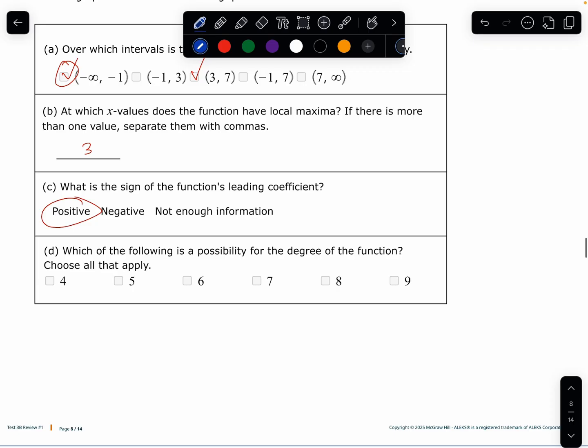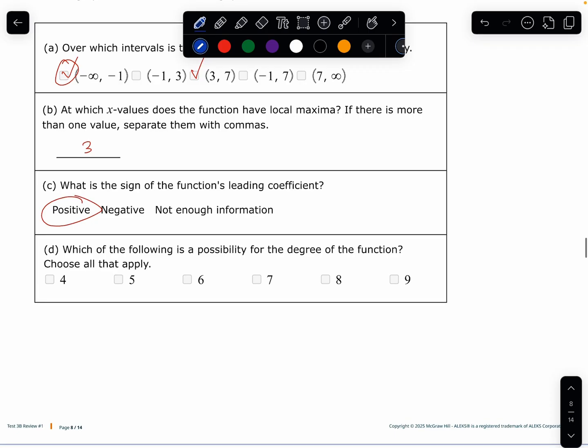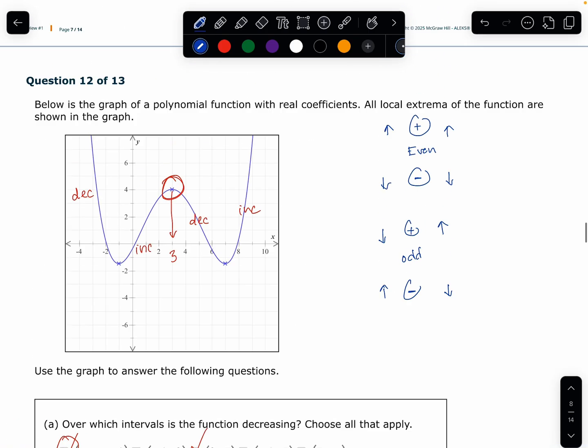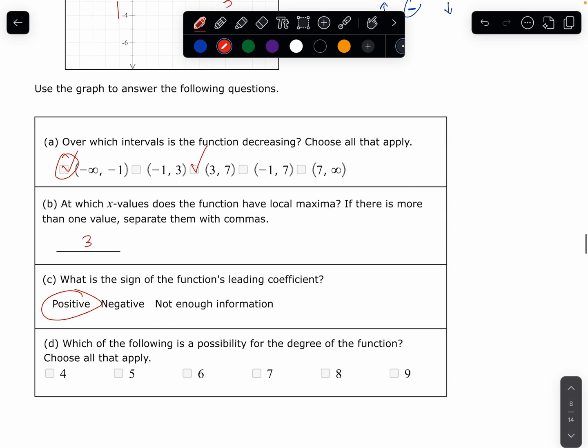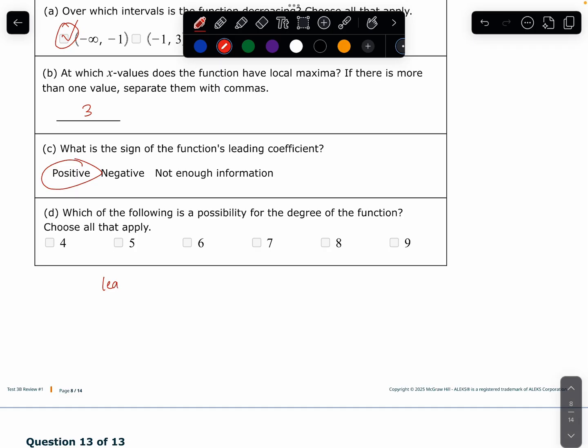Which of the following is a possibility for the degree of the function? So if I'm going to count the turning points on my function, the turning points are all the minimums and maximums. Right here is a turning point because it changes from decreasing to increasing. So there is one turning point, here's a second turning point, and here is a third turning point. So I have 3 turning points, which means the least degree